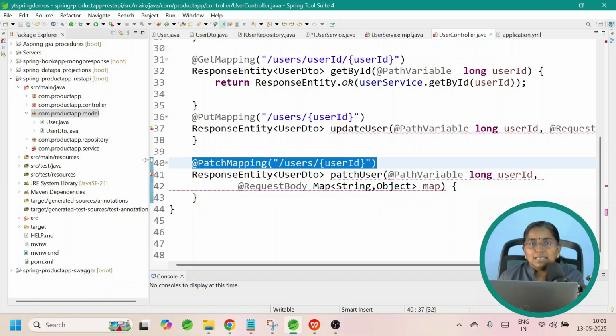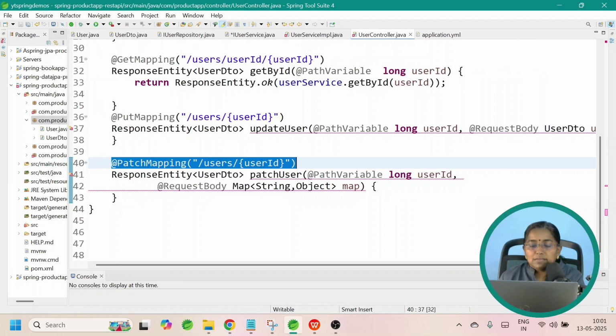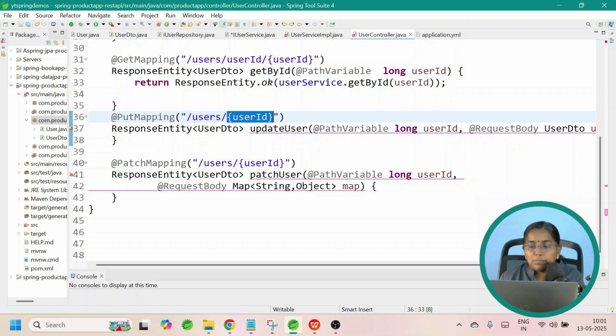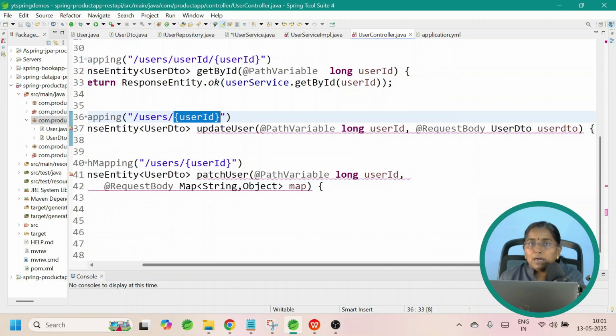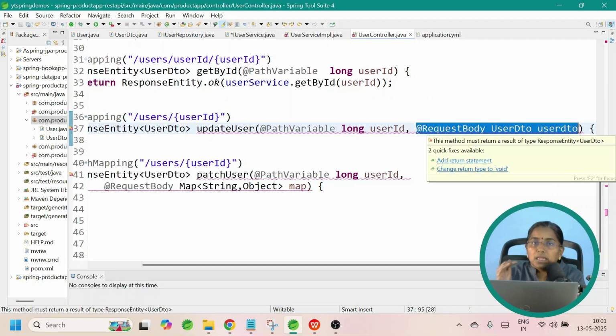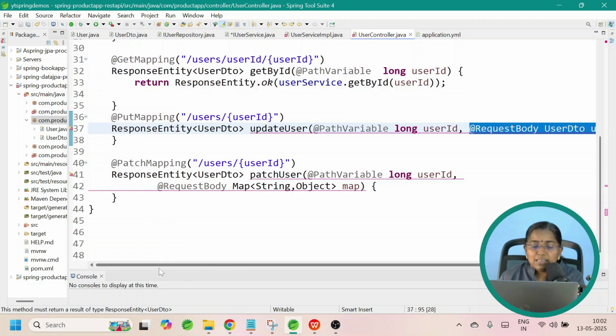What is the data that is sent to the backend server? In this case, we are passing the user ID as a path variable. Together with that, we are sending the complete new resource which goes in the request body. So, I am creating a new resource and sending it to the backend for updating. So, here the new resource will replace the existing one. In the second case, I am sending only the properties that have to be updated in the backend. I am not sending the user DTO object, rather I am creating a map. Map is a key value pair. The key is the property, value is the value that has to be updated in the backend.